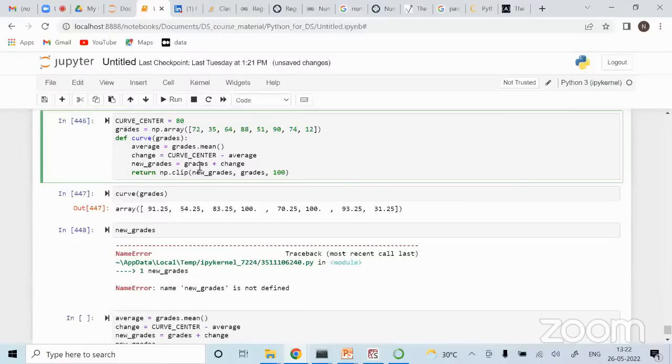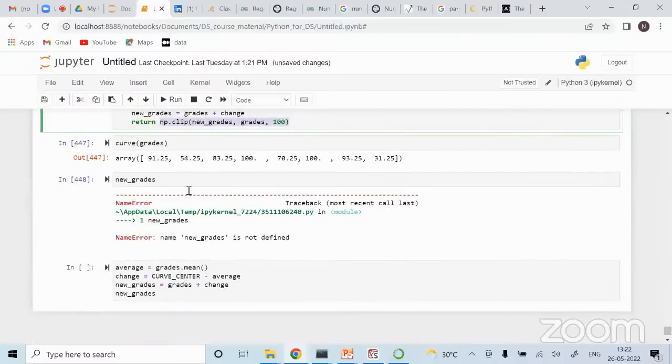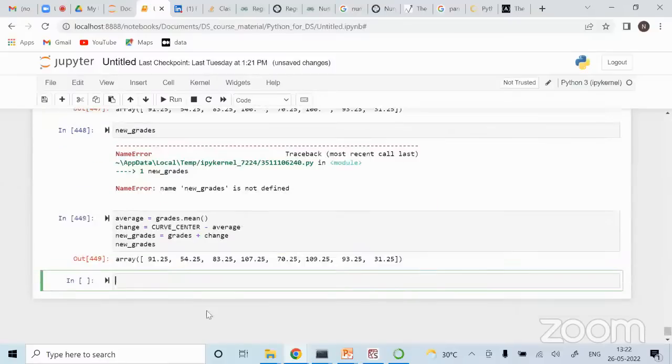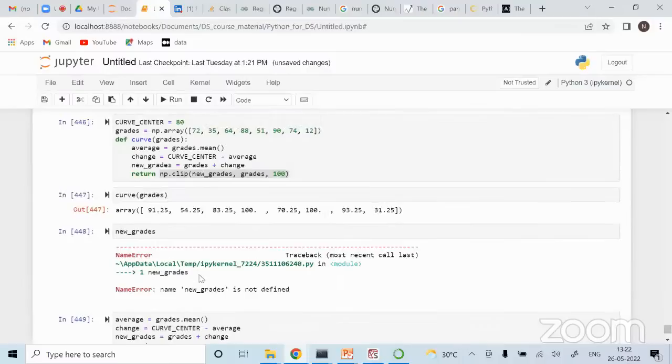So remember we learned what is a local variable and what is a global variable. All these are run locally, so outside this function they do not have any meaning. Whatever you return will be stored, other things won't be. That's why the internal value won't be stored, and if I want to see what was there in new grades, I will have to run that again. So I can run this function again and see what is there in new grade. Okay,